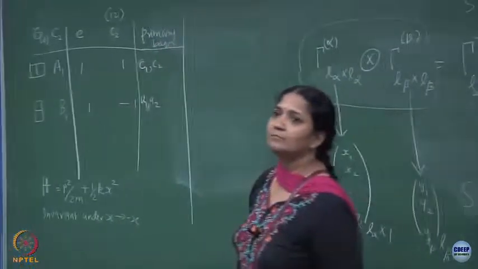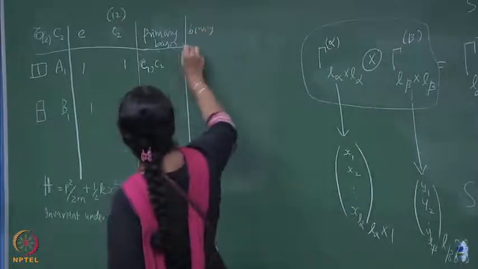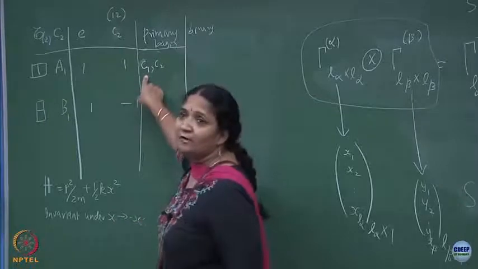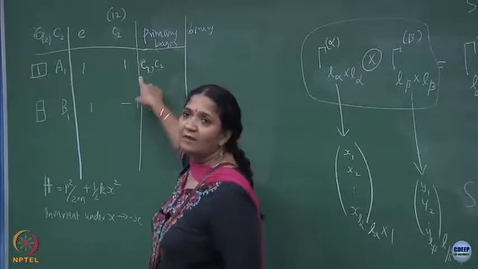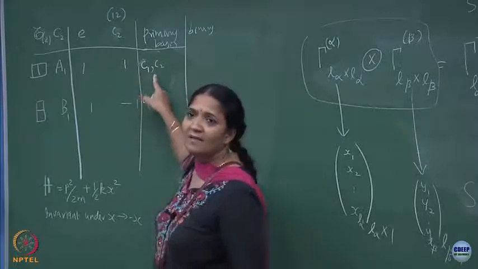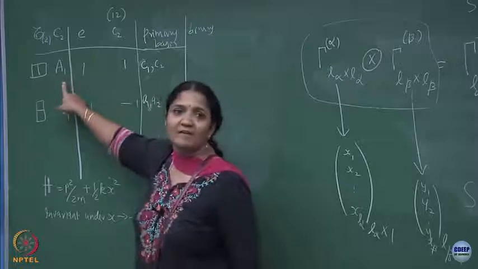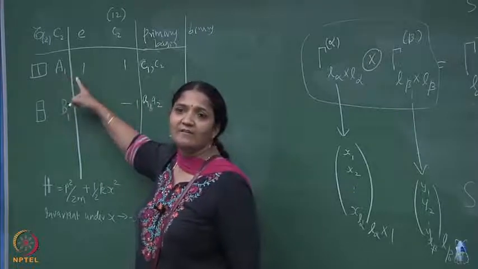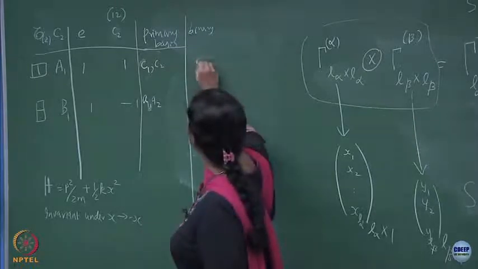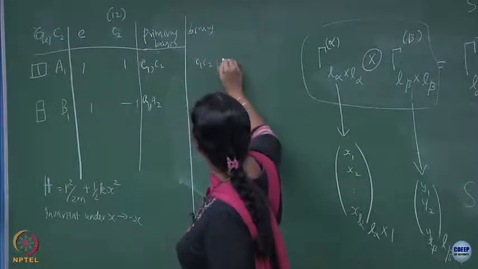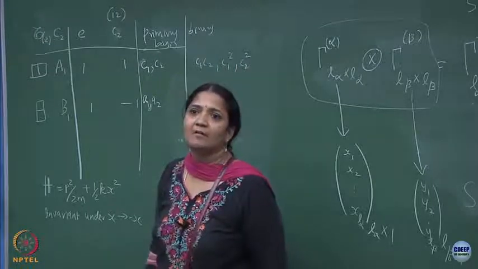Binary, you can take combinations of C1 with itself, C2 and C1. If you multiply, C1 multiplied with C2 will be what? It belongs to A1 cross A1, but you know A1 cross A1 is A1. So, the A1 will have C1 C2, C1 squared, these are the possible bases for the